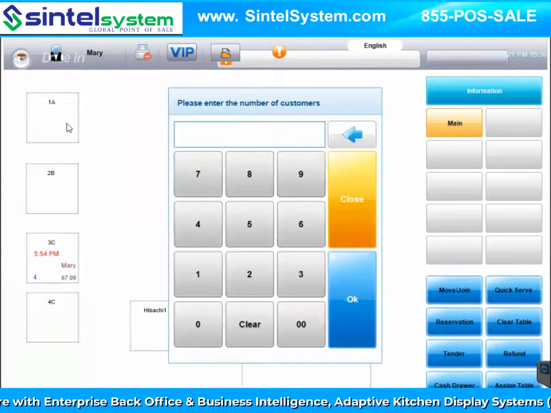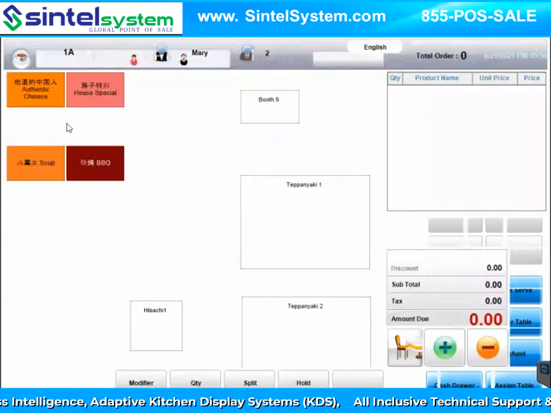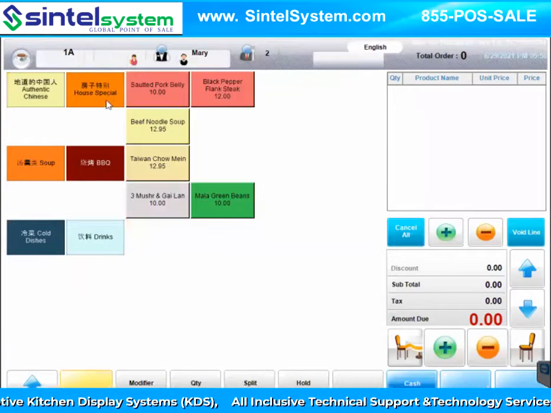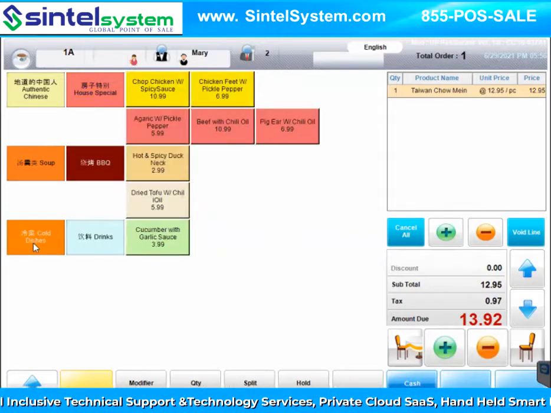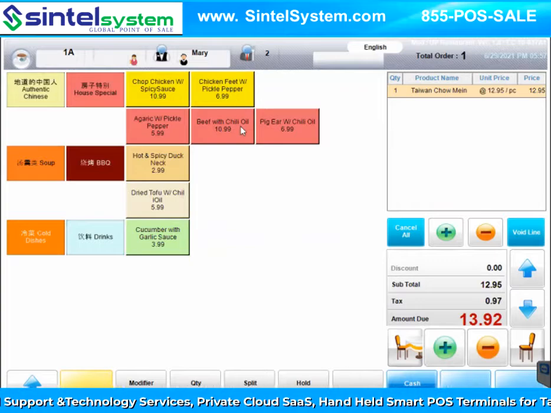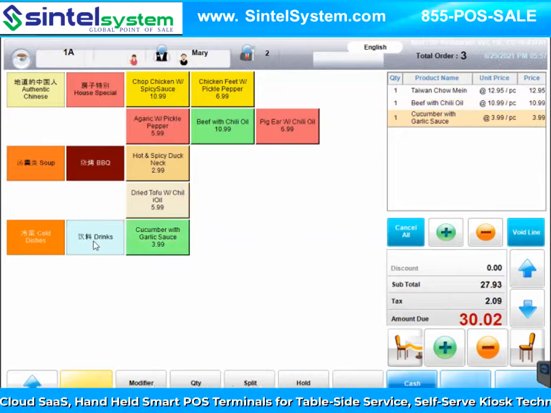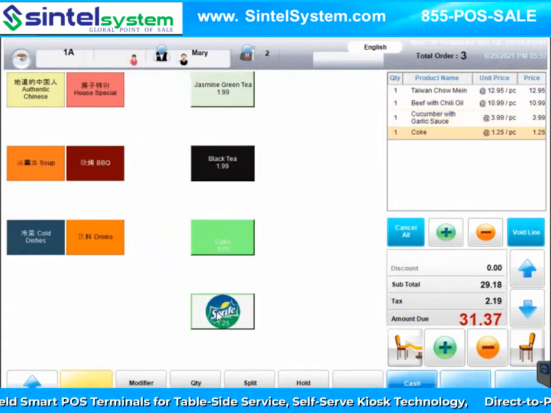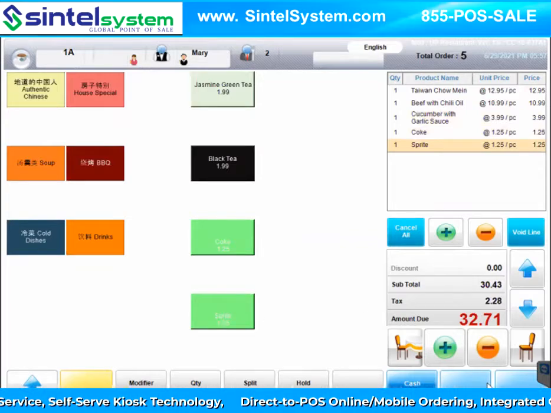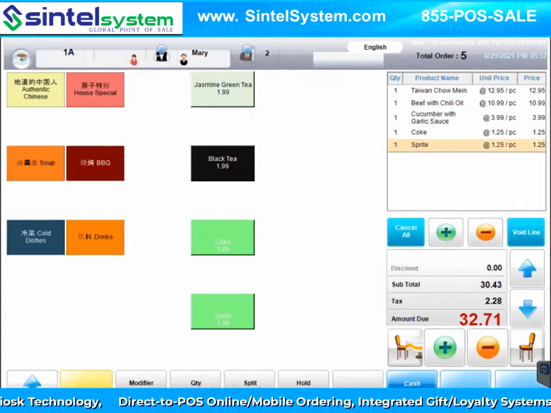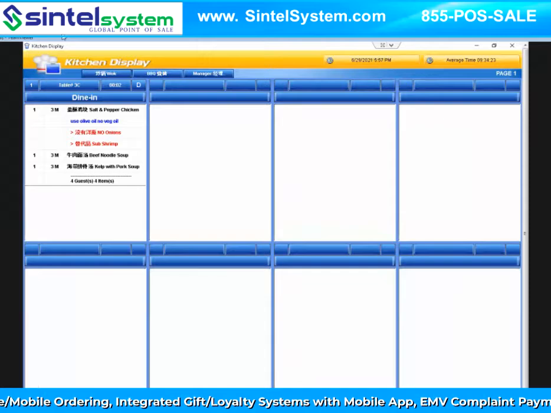So table 1A for customers, category, official, category cold dishes, category, now we're going to send it to the order. It's being sent immediately